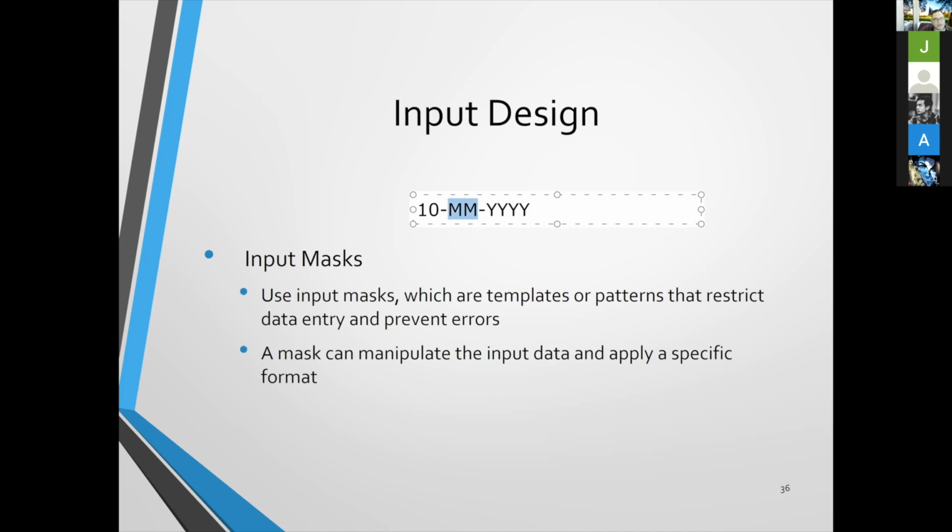And then the user has to enter the month. If the user entered 13, that means they entered the wrong format already. You must not allow them to enter. So once they press 3 like this, it shows the error immediately or doesn't allow them to enter the number 13 successfully. They know immediately that this is the month, that means they have to change. This month is 11 and the last one is